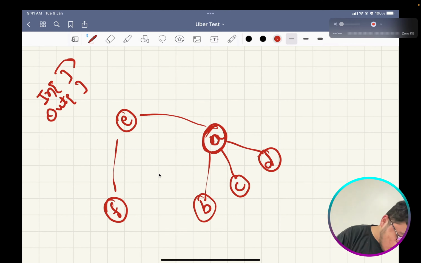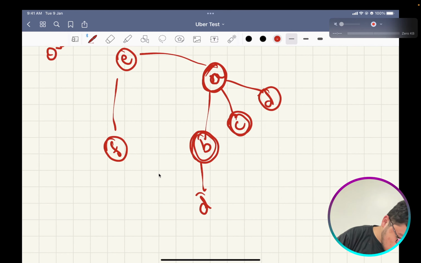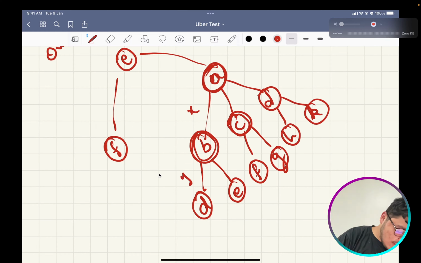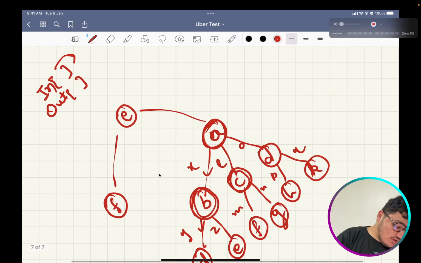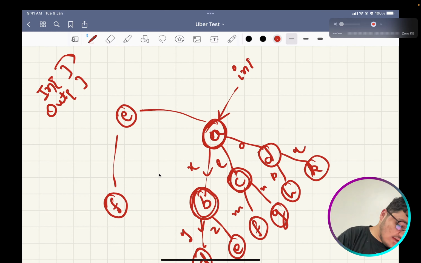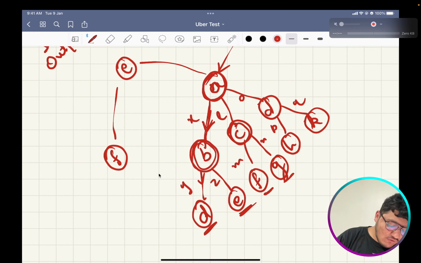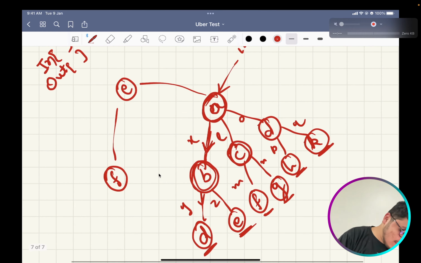In means that if I consider all the subchildren, the subtree of a particular node, let's say X, Y, Z, L, M, N, O, P, Q, some random weights. Now this in of A would tell me the minimum value to reach any of the leaf nodes which lie in its subtree.